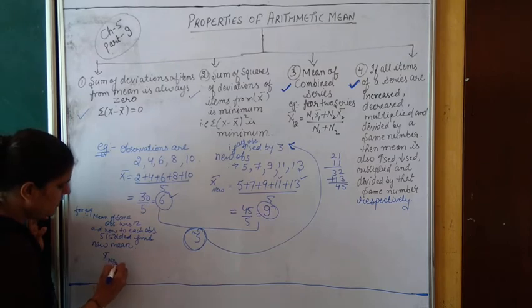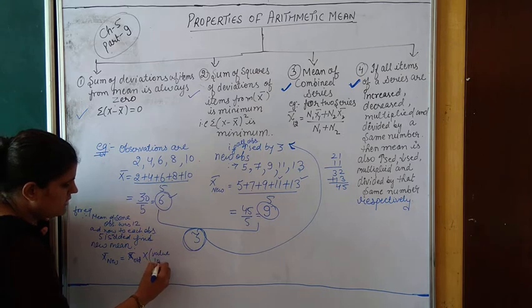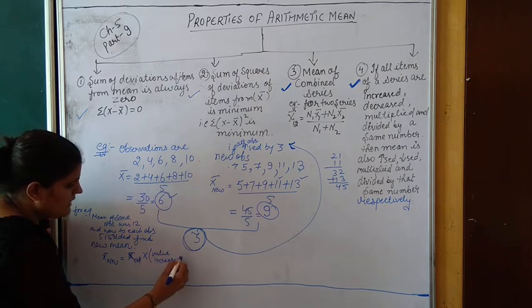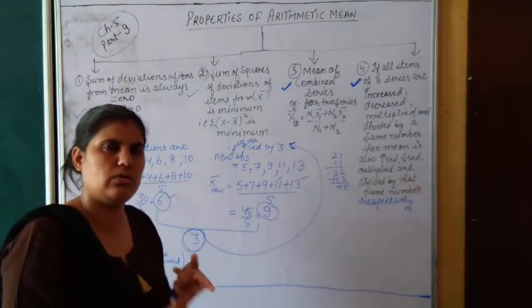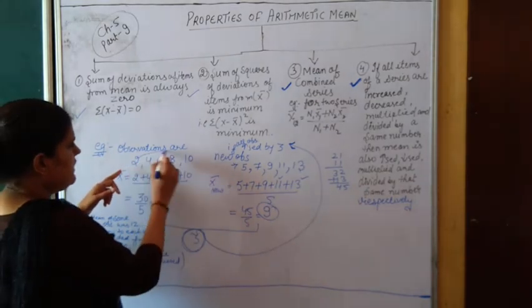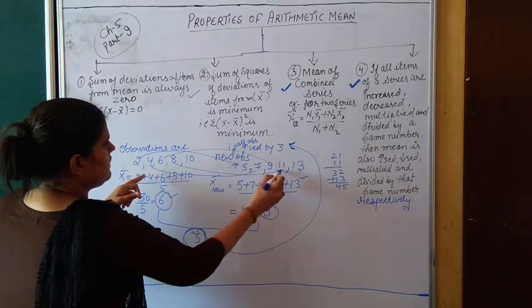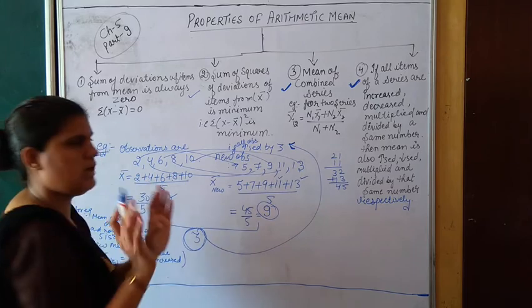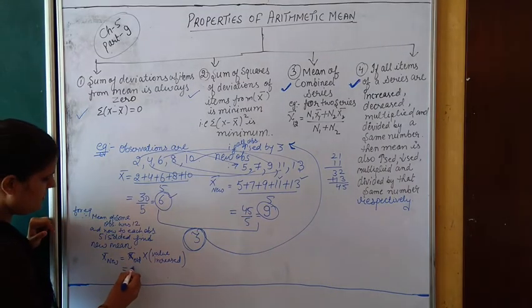New mean will be old mean plus the value increased. But this holds when all the observations are increased by an equal amount. Clear, children? Like here, all the amounts which I have increased are increased by an equal number. So in this example, the old mean was